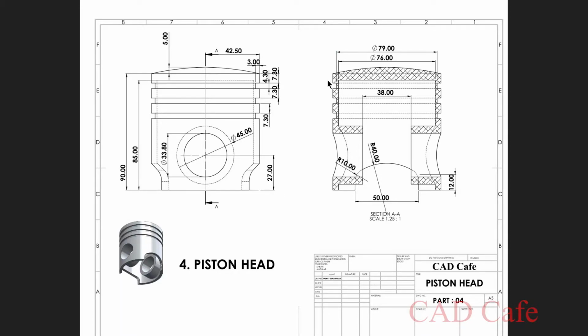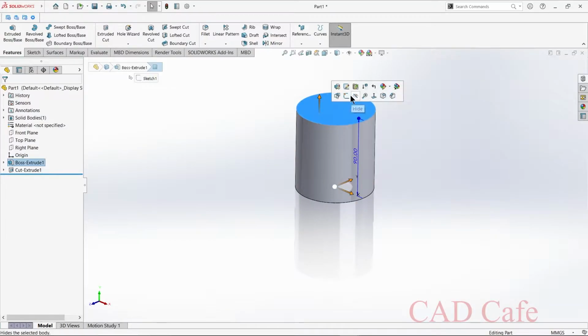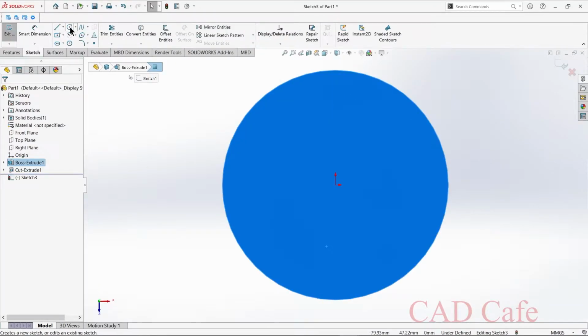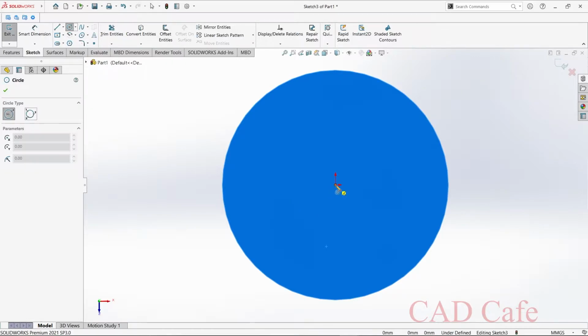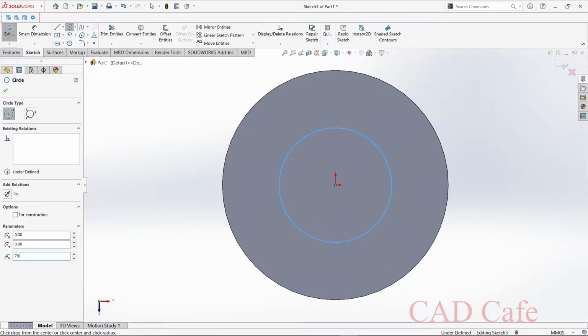For that, the inner diameter is 79 mm and the length of one single cut is 4.3 mm, and the distance between the two adjacent cuts is 7.3 mm. For that, select this face, sketch, select circle, and draw a circle of radius 79 by 2.